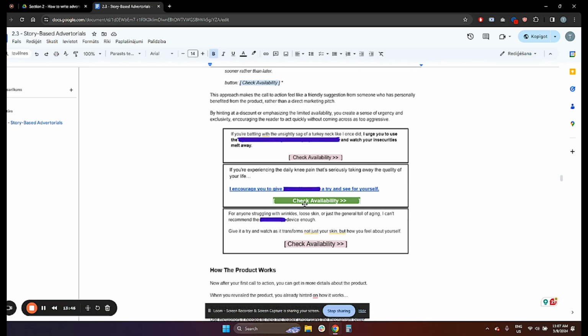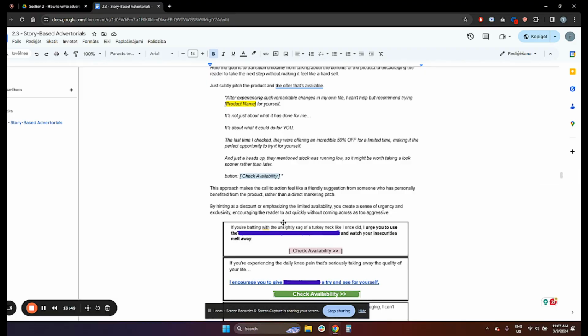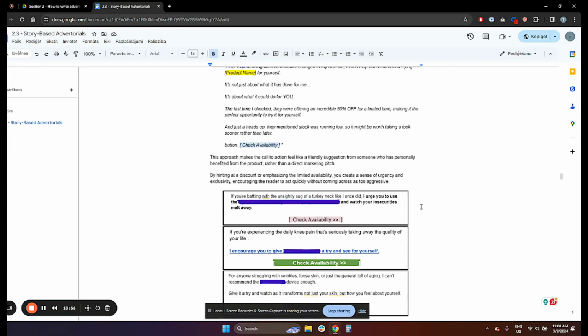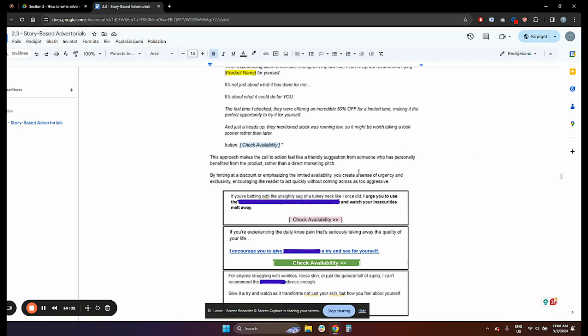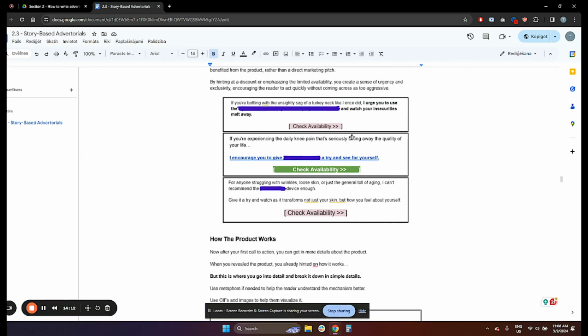And you can also add, the last time I checked, it was at 50% off. The last time I checked, they had low stock, or the last time I checked, they were sold out. So click the buttons to check availability. This is like the first button you can use before you go. Once you kind of end the story and go into more details about the product, go into get more salesy. So yeah, after the first button, if they're sold, they're gonna click and buy,